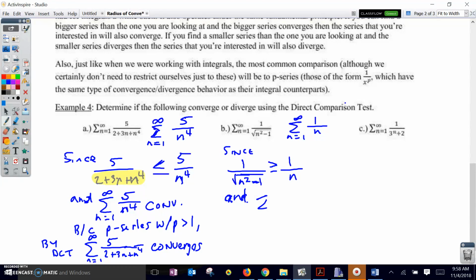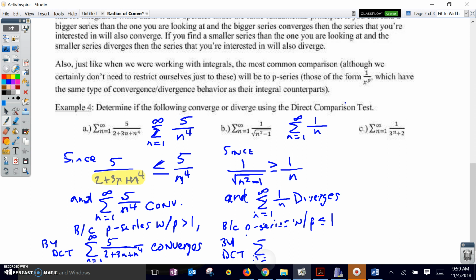the sum from 1 to infinity of 1 over n diverges because it's a p-series with p less than or equal to 1, by the direct comparison test, the sum from 1 to infinity of 1 over square root of n squared minus 1